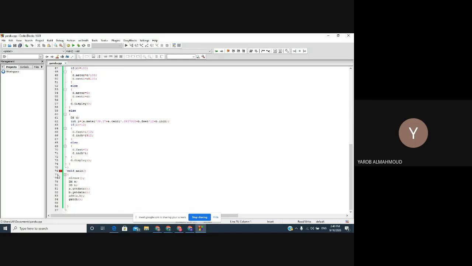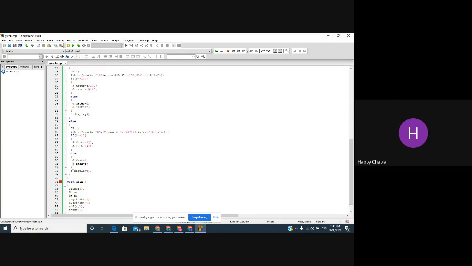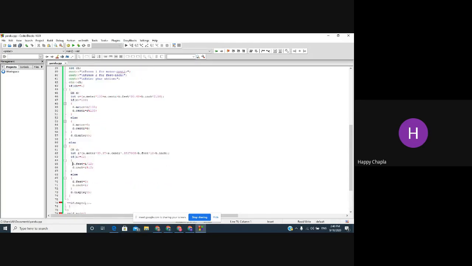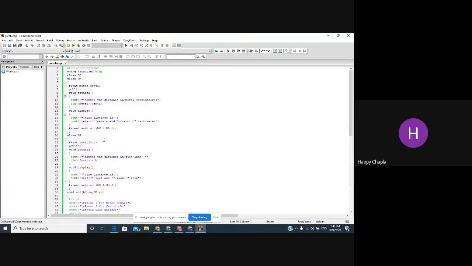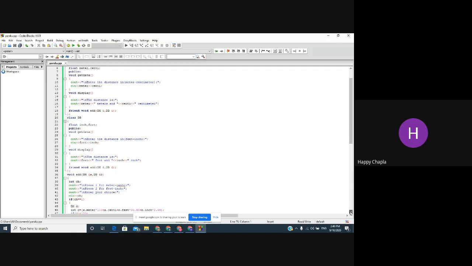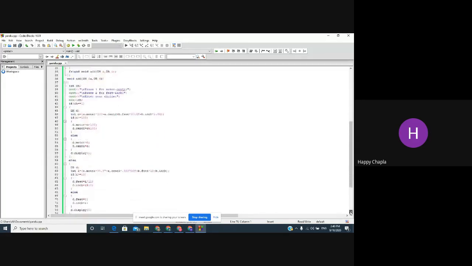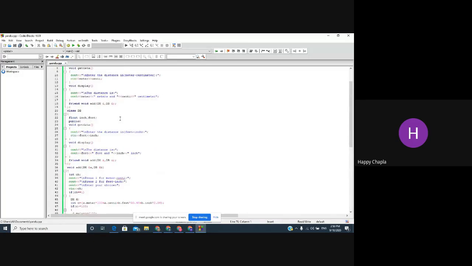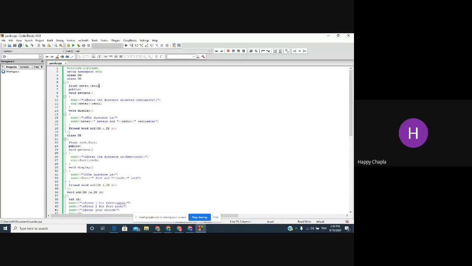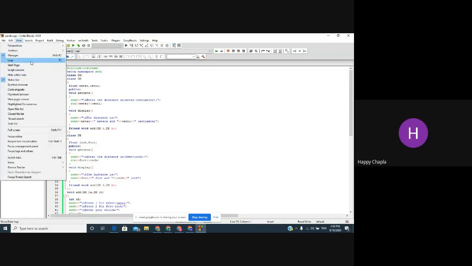I have a problem in this line. Can you show me your error list? I can't see your error list. Okay, go to your view. File, edit, view, search, project. Go to your menu bar. File, where you can save your file. Yes, go to view, third option. Just wait. I'll let you know.